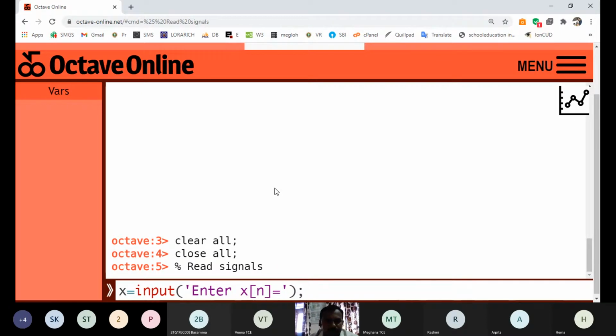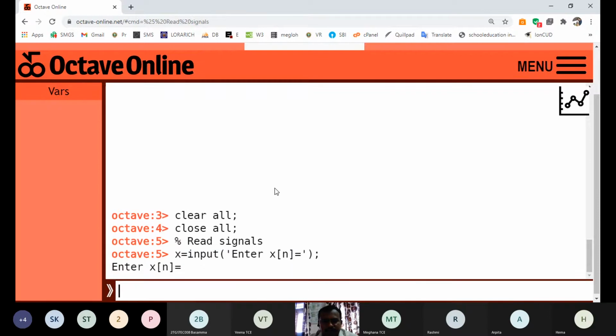The message to the user is 'enter x of n'. The semicolon is for whether to display the results or not. For input and some functions, it is of no use. Whatever the task is, it is going to show.